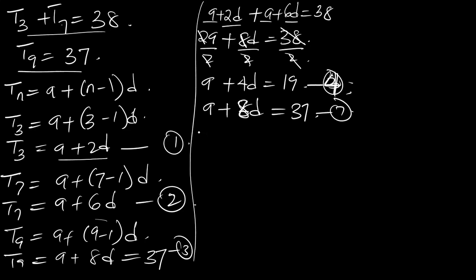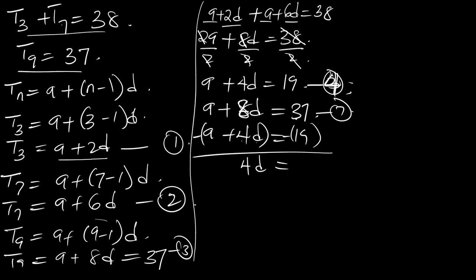Now let's subtract equation 4 from equation 3. You say a minus a will give you 0. 8d minus 4d will give you 4d. 37 minus 19 will give us 18. Now, if you divide both sides by 4,